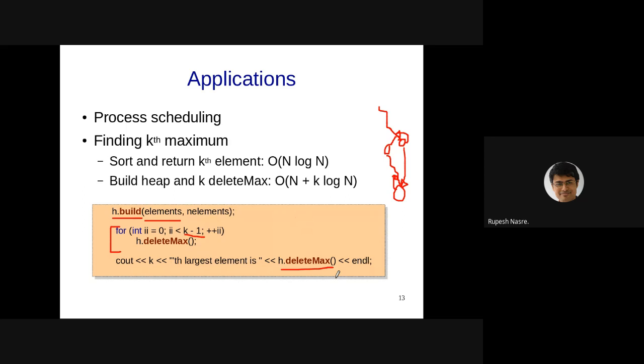I don't think anything more is required to look at that code. It's exactly the same. This is the main crux of the code, so I'll skip that. But one question that comes up is, how do you find the 75th largest element in a 100 element array?